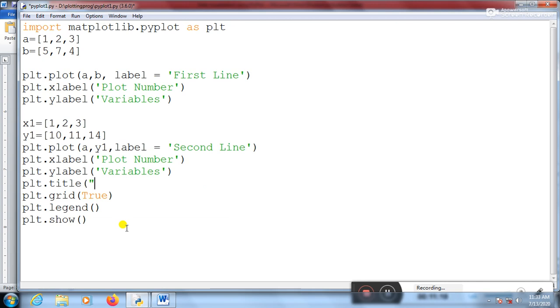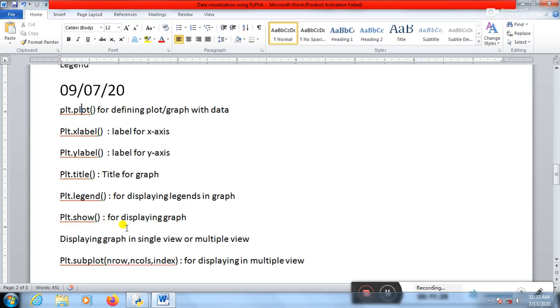So title for progress. Now title, then legend, as I told you, legend is for displaying the legends in a graph, and then show is used for displaying a graph. Clear? Okay, now let's see. Right now I've changed the title, so let's see how the title will be displayed over here.